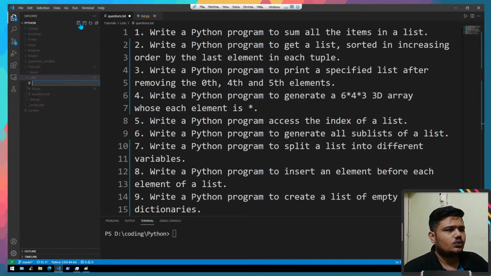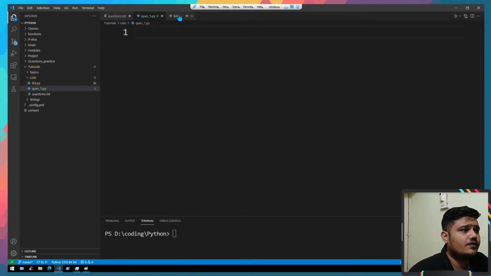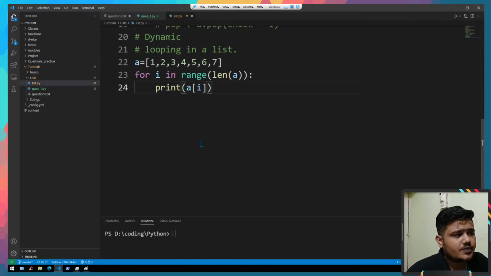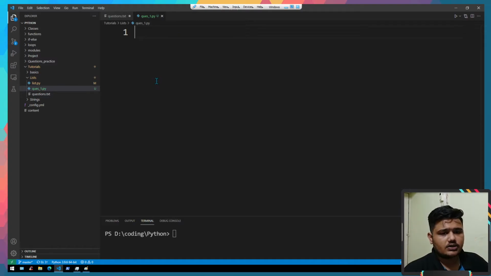So in list, we'll go ahead and make a file, question1.py, as py is the extension of the file, right? And related to this particular text and the code that we are actually doing right now and all the questions,